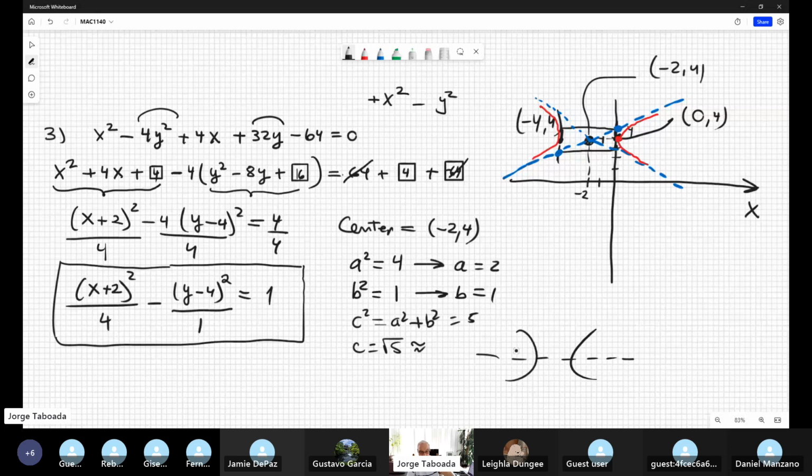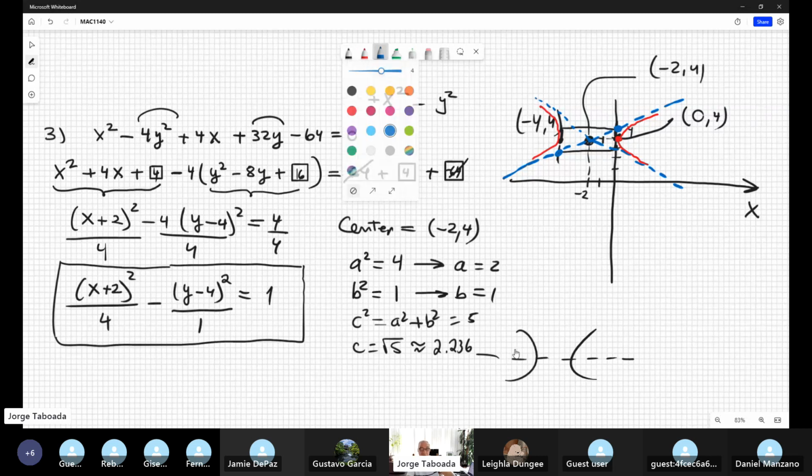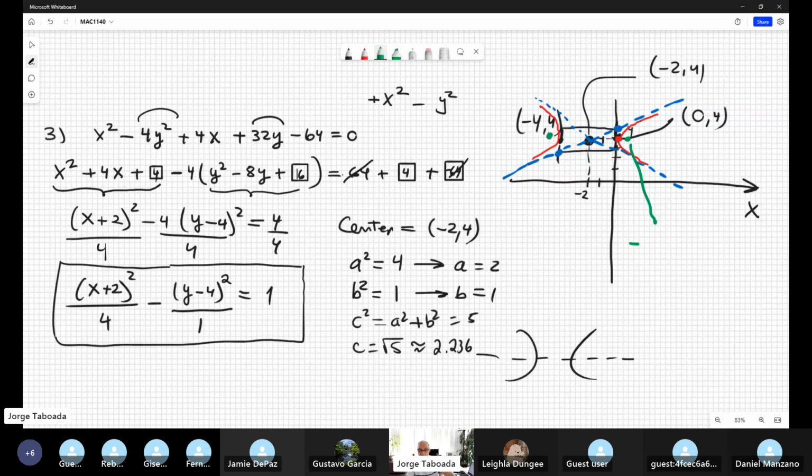And radical 5 is approximately 2.236. Okay, by the way, it's a little bit more than the vertex because the vertex was 2. So the focus is a little bit further, not too much, it's close. Here is the focus. The focus would be that distance c, minus 2